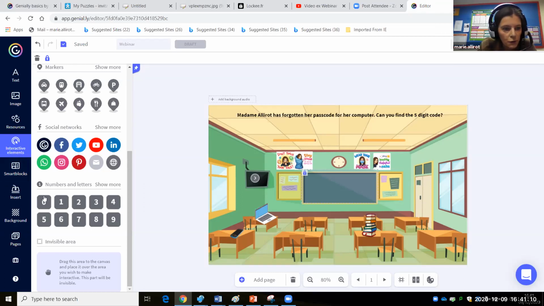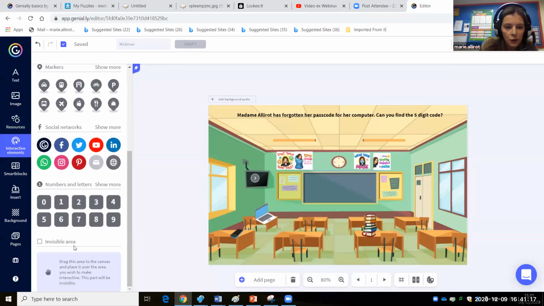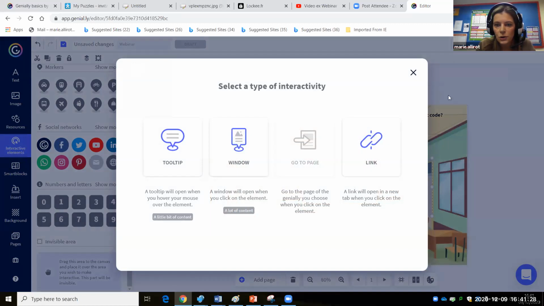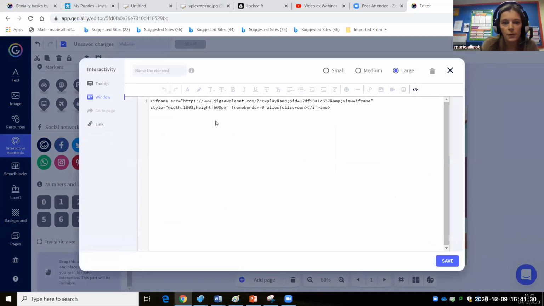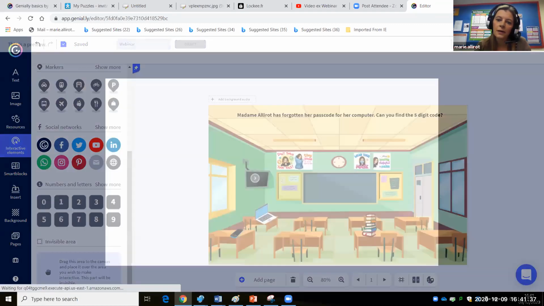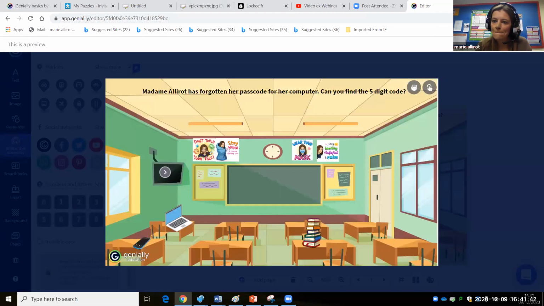I could do another invisible area, and I could put it, for example, on the door. So when they click on the door, it takes them there. So window, code view, pasting my iframe there, and save. If I preview, this should take them to the jigsaw puzzle and give them the last clue.